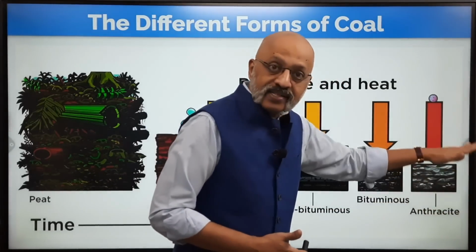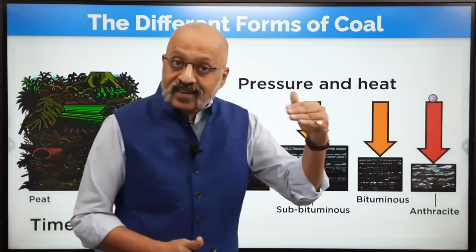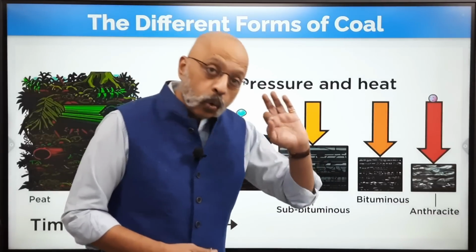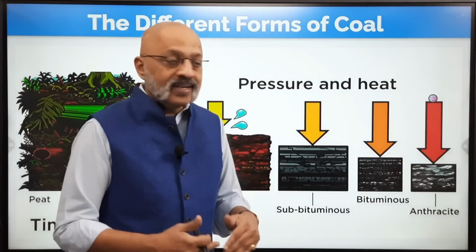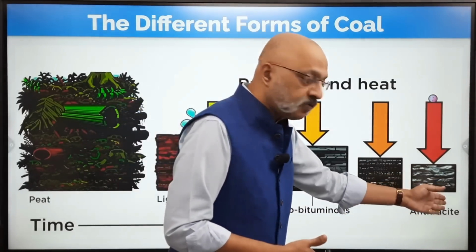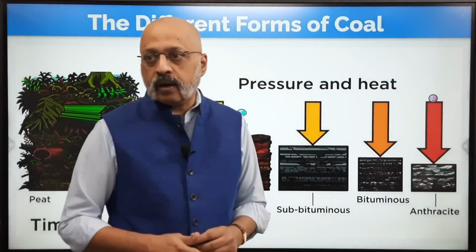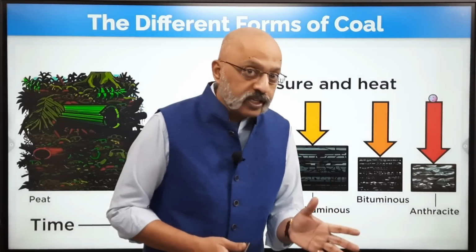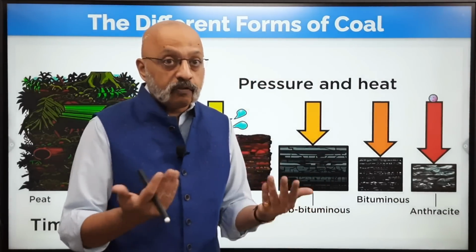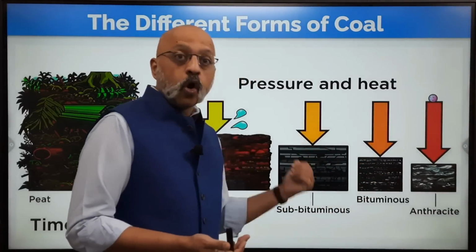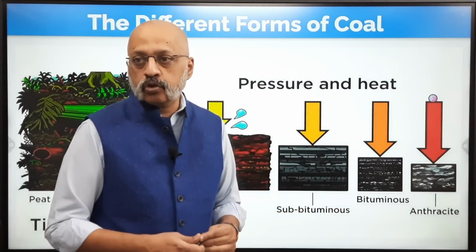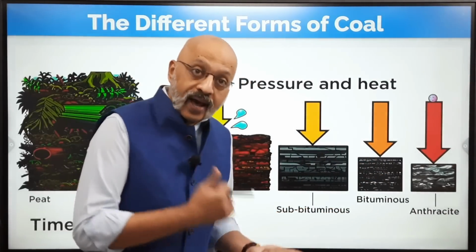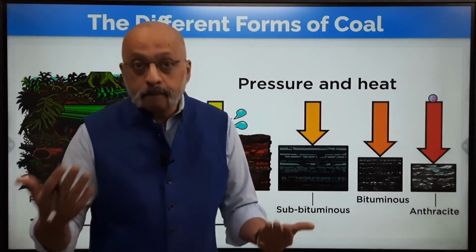Then the best variety is the anthracite variety, which is the highest variety of coal, and it is found only in Jammu and Kashmir, and hence there are insufficient reserves of anthracite coal in India, right? It is used for domestic purposes because it is smokeless fuel. It doesn't generate the kind of smoke that bituminous or lignite or peat usually do, and it is also used in the iron and steel industry, also used for metallurgy.